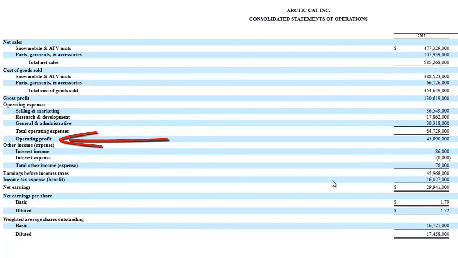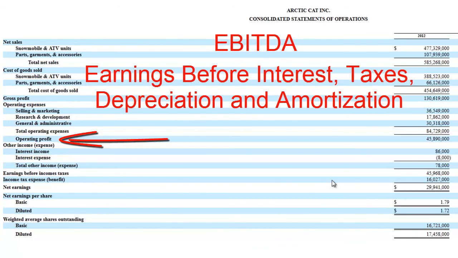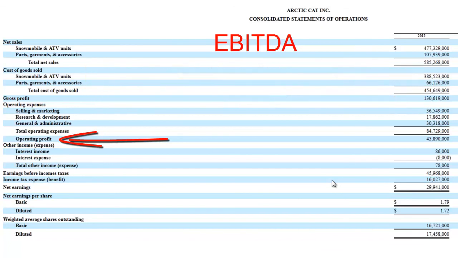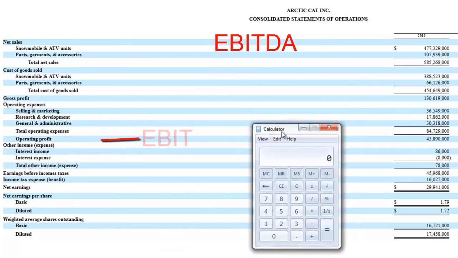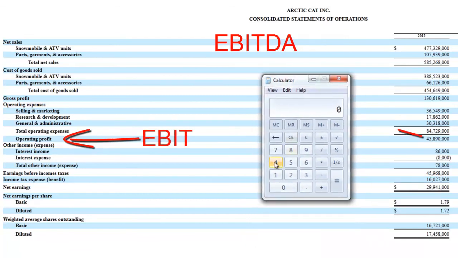Operating profit is used often to calculate what is called EBITDA, which stands for earnings before interest, taxes, depreciation, and amortization. Because operating income is already EBIT, all we need is DA in EBITDA. And where we get it from is the cash flow statement. So let's calculate it here. Take out the calculator and look first for EBIT, which is the operating profit. So we type in